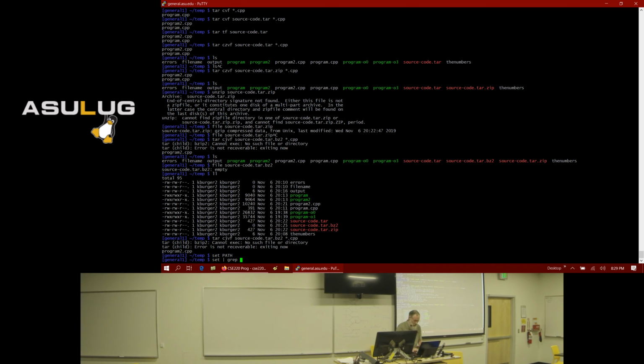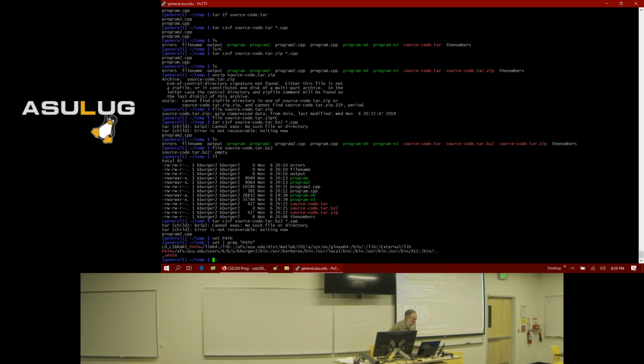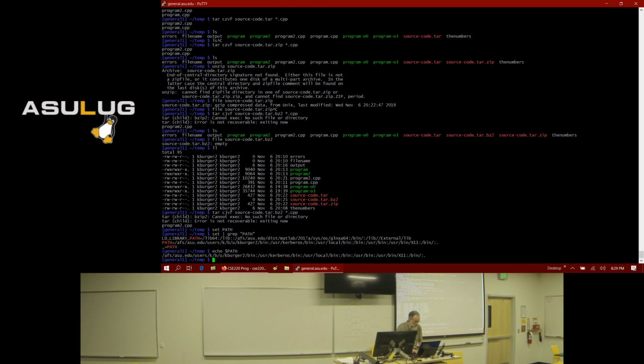So I'm going to grep and search for path. There we go. So that's my path variable, and you can edit that. Does echo work? Echo path? You've got to do the dollar sign. Yeah, I didn't know that. Okay, good. I've always just done set.